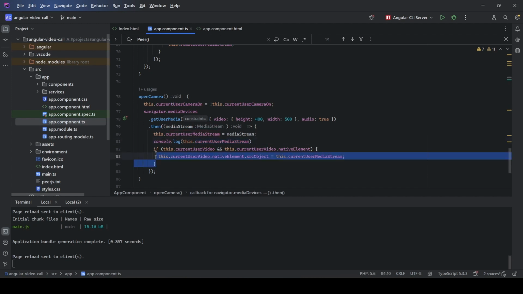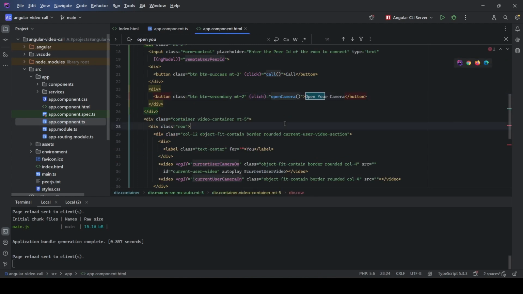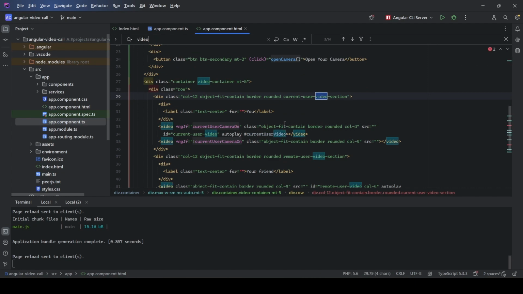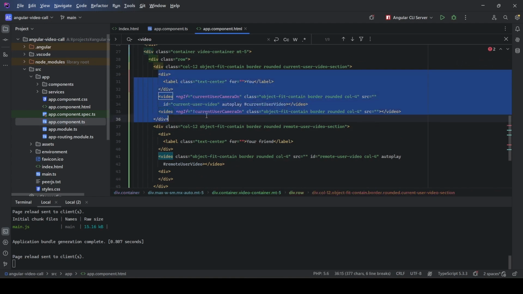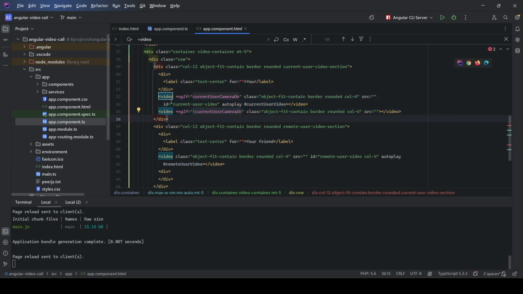So now what we are doing here is, this dot current user video. So let's go back to app component.html, and we have two video grids here. So let me show you. This video container will display both the users, the current user and the remote user. So this video tag will display the information of the current user, and this video tag will display the information of the remote user. I also have given them the IDs, current user video and remote user video,